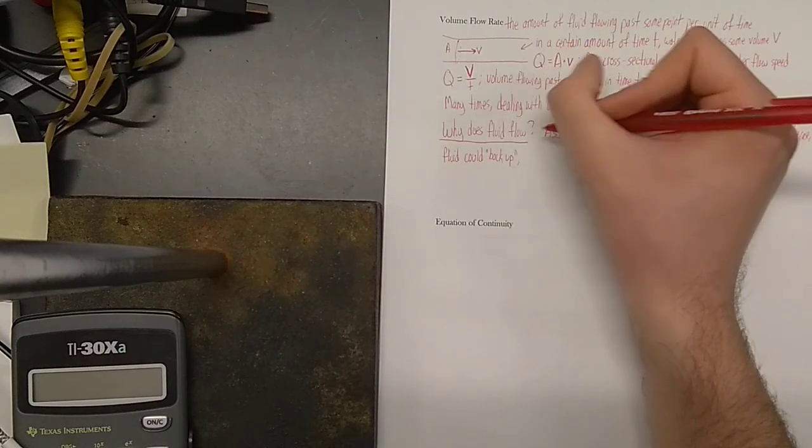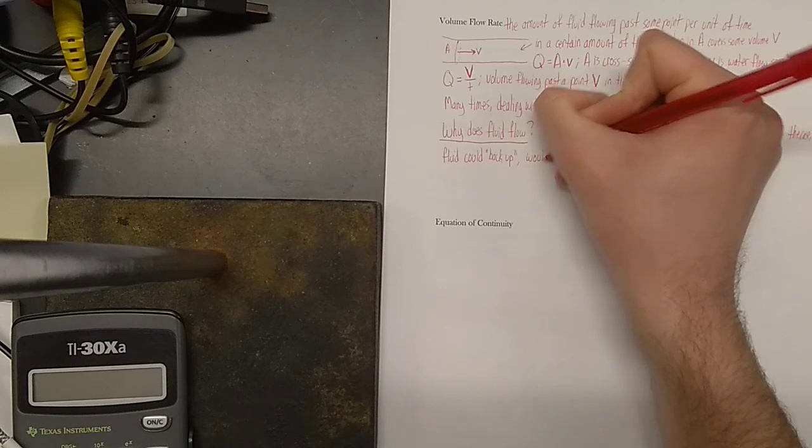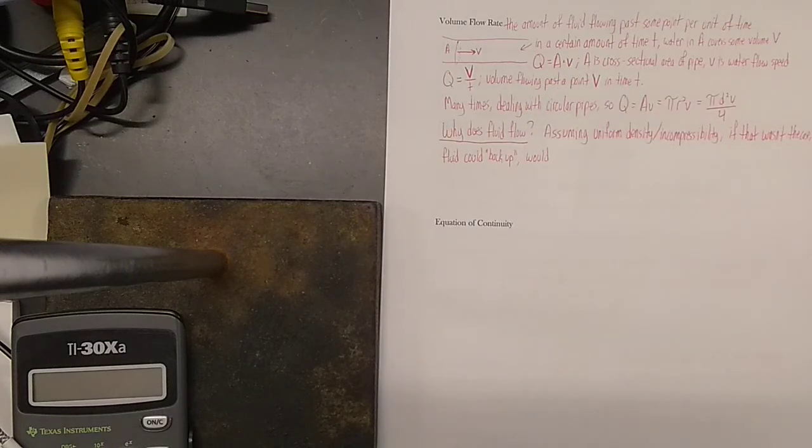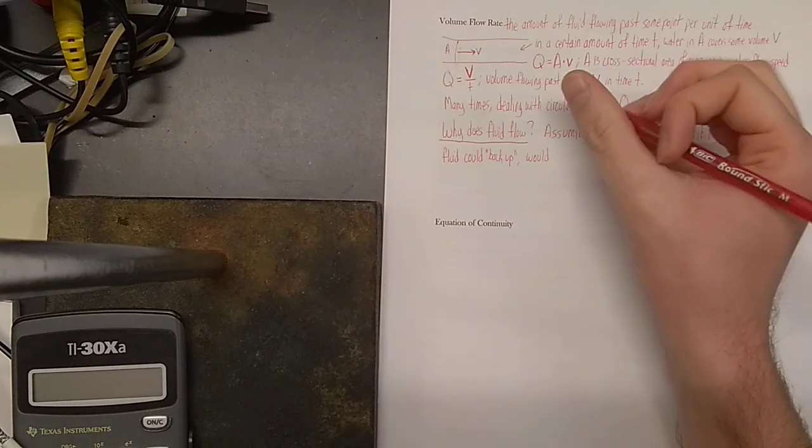If this were the case, if this did happen, then as the fluid backs up, as you squish more and more fluid into the same volume, then that fluid, because there are more particles there, would exert a greater pressure. It would want to expand again. Okay? If you squish something down past the volume it wants to be at, it will try to expand back outwards. So if that wasn't the case, fluid could back up